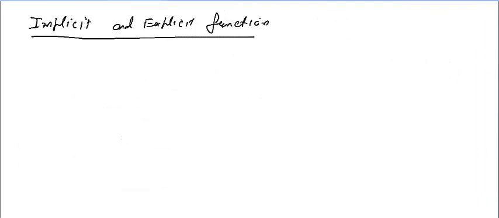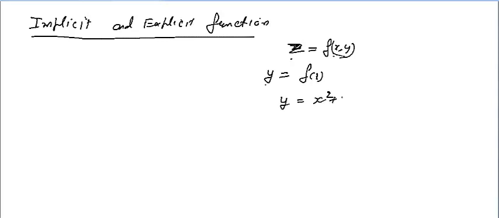Important. The next concept is the implicit and explicit function. What is the meaning of that? Many times you have seen that, let us suppose you have z as a function f of x and y. Now it is very clear that z is depending upon x and y. More specifically, let us suppose y is a function f of x. Now it is very clear, y is depending upon x. If I give the example y is equal to x squared plus 2x plus 1, very simple, here y is depending upon x. So the dependency is very clear.